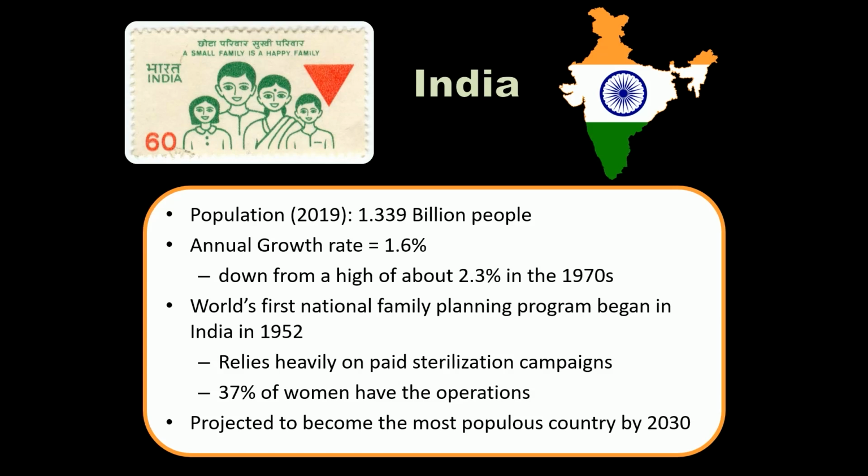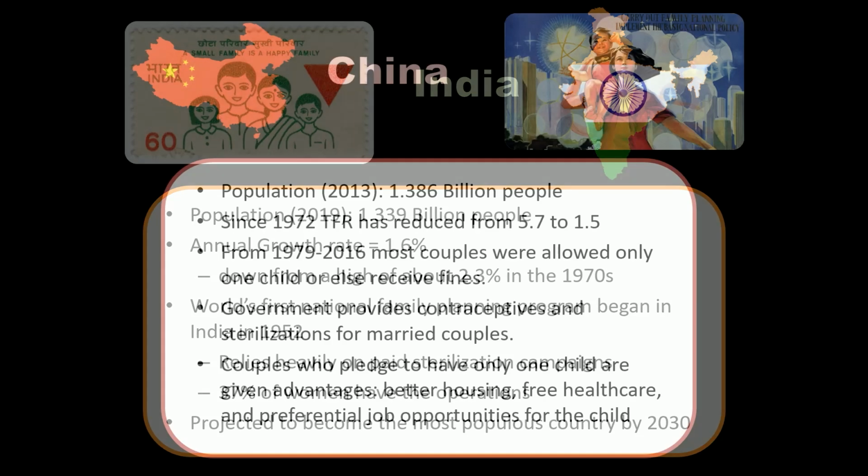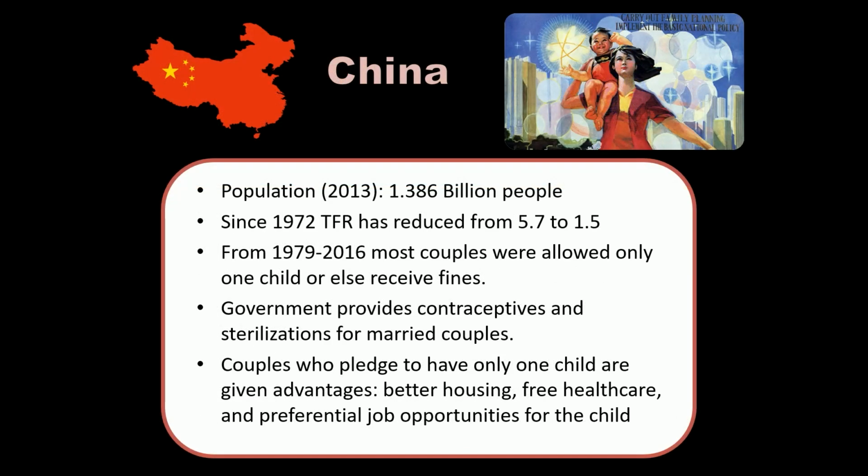So for the next case study, we have China. I have this number from 2013, says 1.386 billion people. I'm going to take a look at what it is. Top result says population of China, 1.4 billion people. So that says about 14 million people have been added in the past 9 years. Take that with a grain of salt,